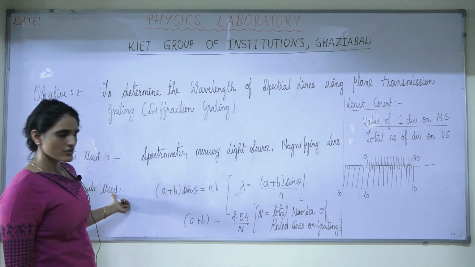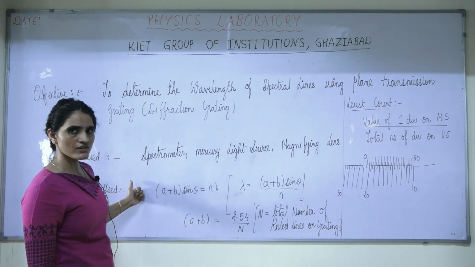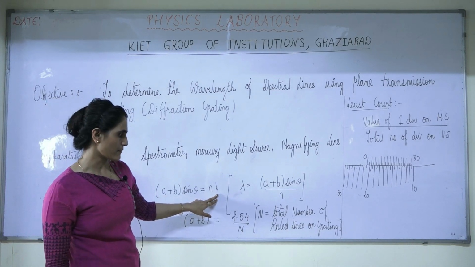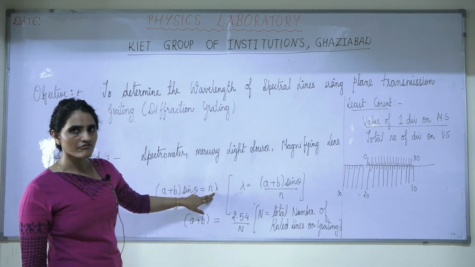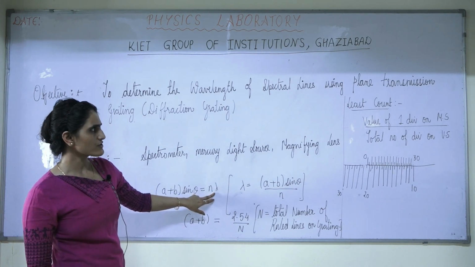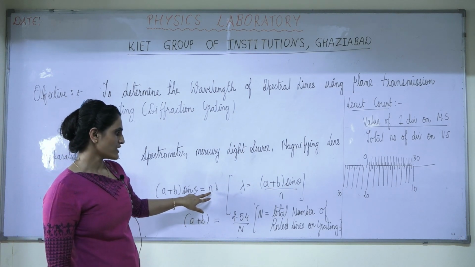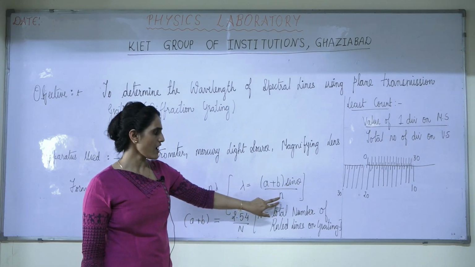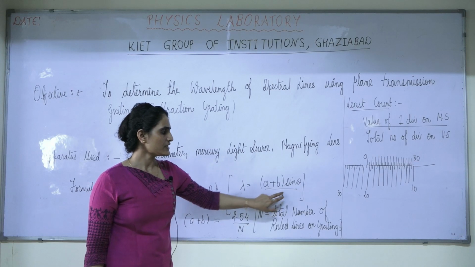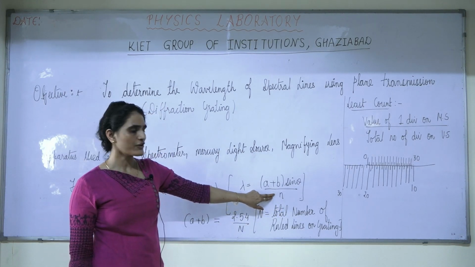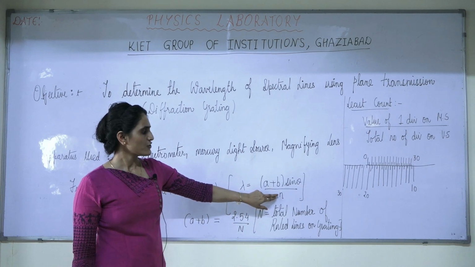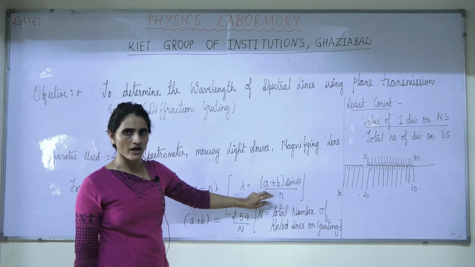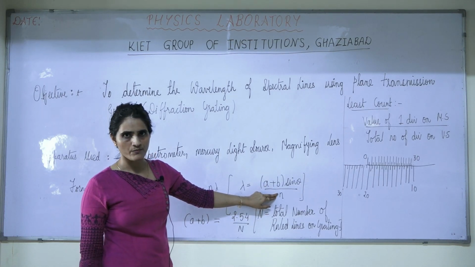The formula used to calculate the wavelength of these spectral lines is (A plus B) sin theta equal to n lambda. Here we need to determine the wavelength of these mercury source spectral lines. So from this relation, lambda equals (A plus B) sin theta upon n. The denominator term n represents the order of the diffraction grating. In this experiment we have kept the order as 1, not 0, not 2, because